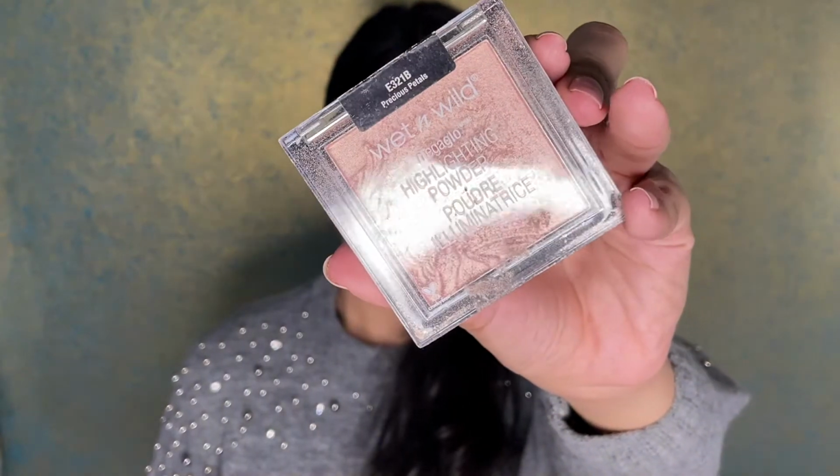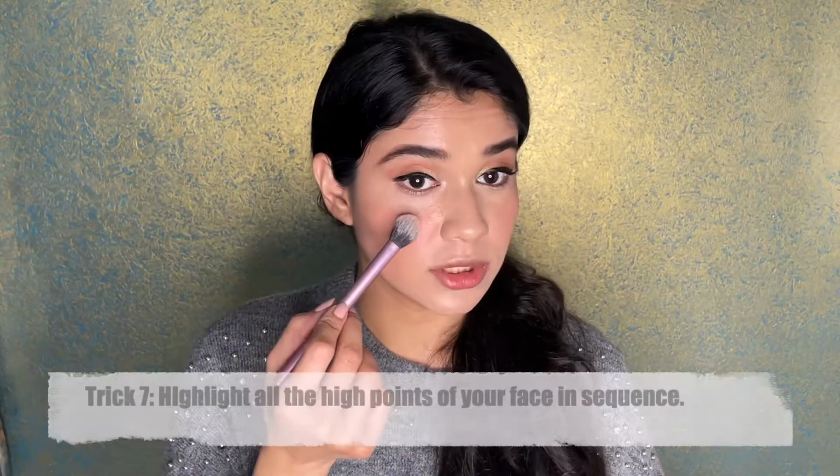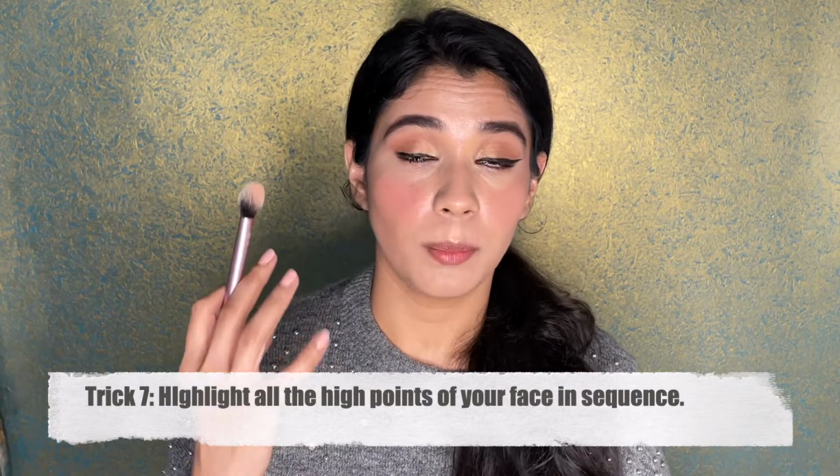Guys, I'm gonna put a highlighter on, and this is from Wet n Wild in the shade Precious Petals. Just this part of the face, which basically you apply a highlighter on all the parts where you feel the light is going to fall on, and that are the parts that you make sure that you're highlighting so that they shine really well and they give you a more structured look altogether. So I'm just gonna highlight this part, and I'm gonna highlight my nose, tip of my nose, and my cupid's bow. Now guys, because I've put a highlighter just here, it's not gonna look nicer,